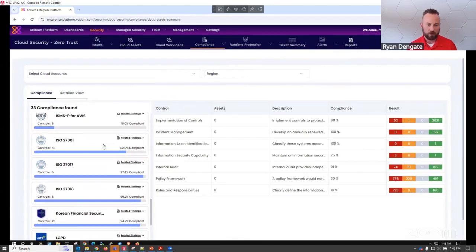Is there anything else about how this solution is handled in multi-cloud environments that might be interesting for our clients